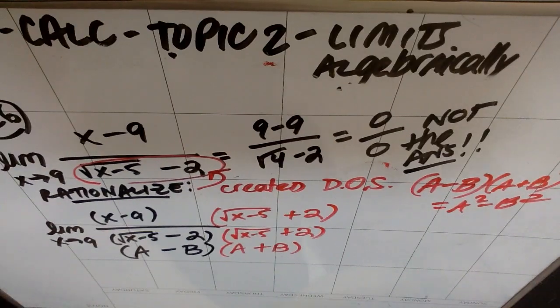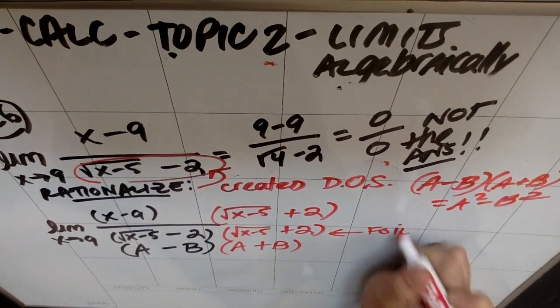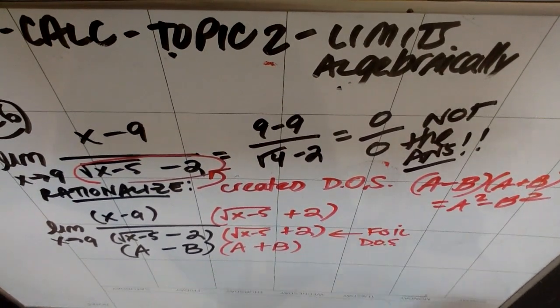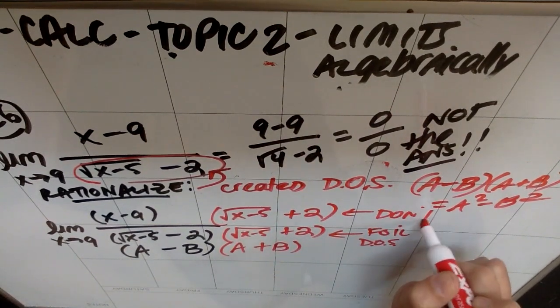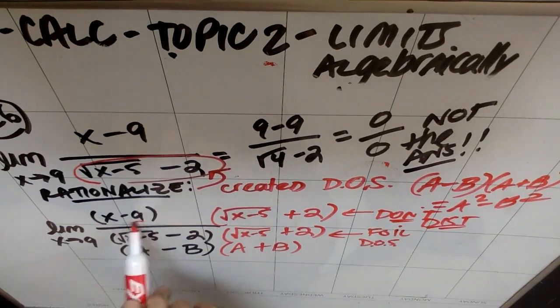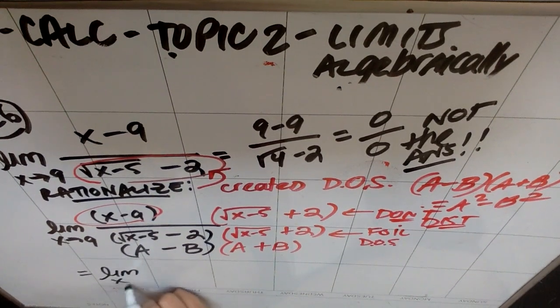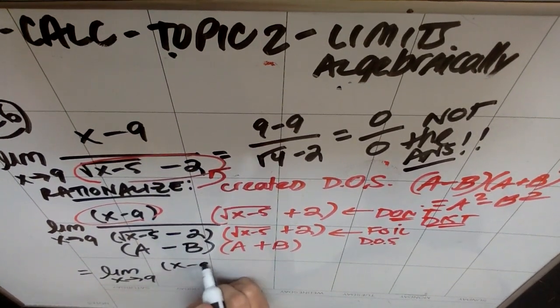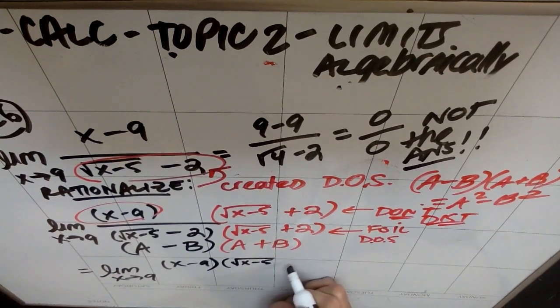Okay, so what's going to happen when I do this is I want to FOIL out the difference of squares floor, whichever that is. But I don't want to FOIL, so don't distribute, the other floor. And I'm going to show you why, but the short answer is that I need to cancel this x minus 9. And if I FOIL that, it's going to be harder to cancel. So now what's going to happen down here is I'm going to get the limit as x approaches 9. I'm going to keep this as an x minus 9 times this ugly root x minus 5 plus a 2,